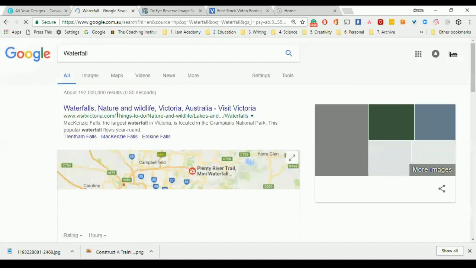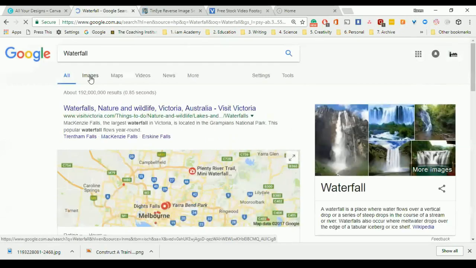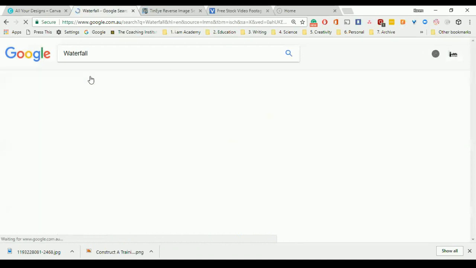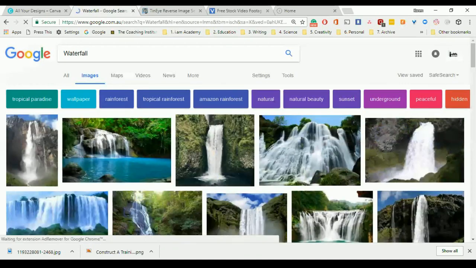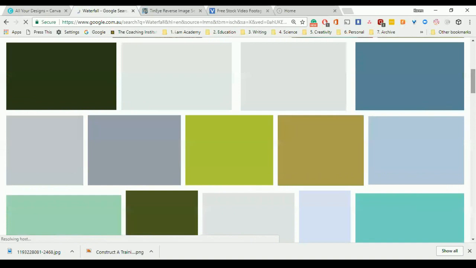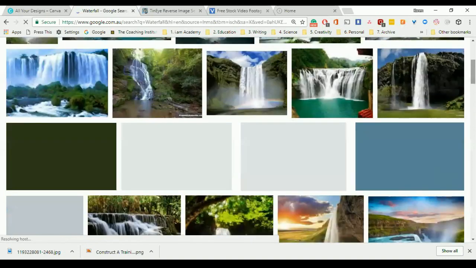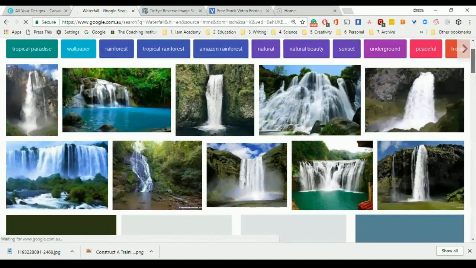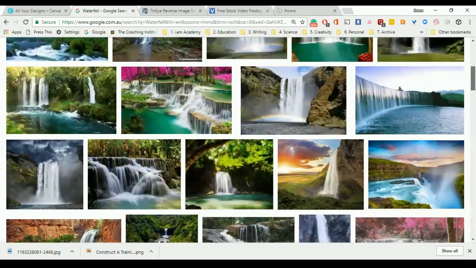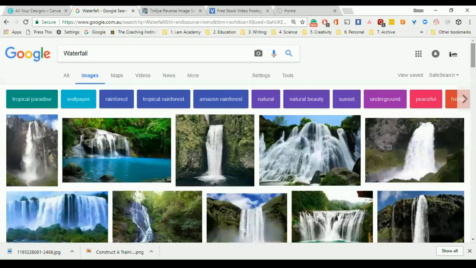First step is to click on images so we can see the waterfall images. Now, if you chose any of these images, you could be grabbing something that has copyright on it, and it's not a good way to go. A lot of these will have copyright on them, but you could be selecting something that has a copyright level that you don't have access to, and then you open yourself up to being sued, and we don't want that. So what I'm going to show you is a really quick and easy way right now to limit these photos that are in front of you to only those that you are allowed to take and